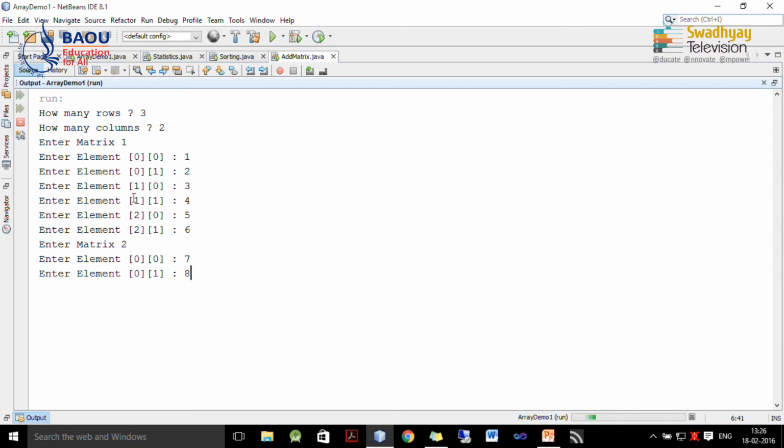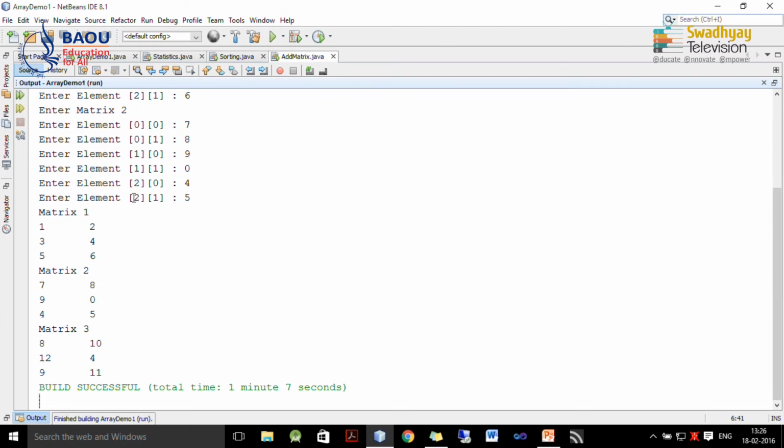So, this is first row data, then second row data, and now we have third row data. Now, you can see on the screen 1, 2, 3, 4 and 5, 6 is the first matrix, second matrix is 7, 8, 9, 0 and 4, 5, that you can also see here how it is entered.